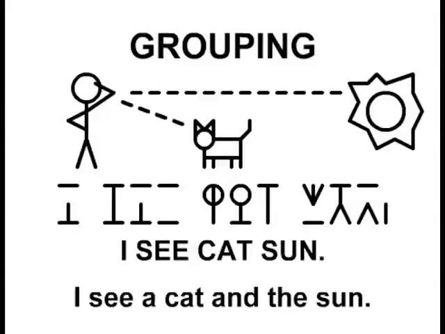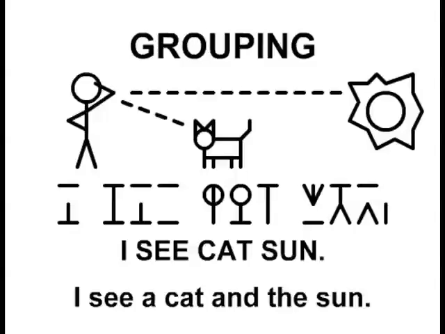Rule 7. Nouns, verbs, descriptors, and predicates may be grouped together, in which case the English conjunction "and" is implied. Consider this example. "Re te reru pibeti kutara." I see a cat and the sun. The nouns pibeti, cat, and kutara, sun, are placed adjacent to each other, which means the conjunction "and" is implied